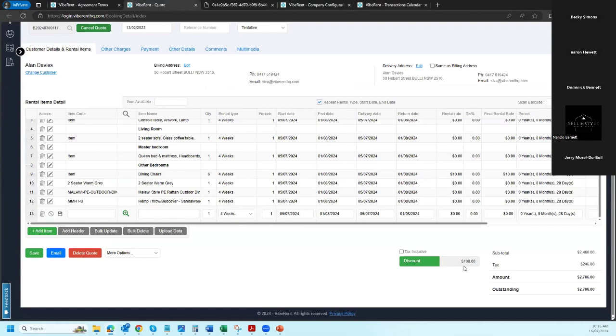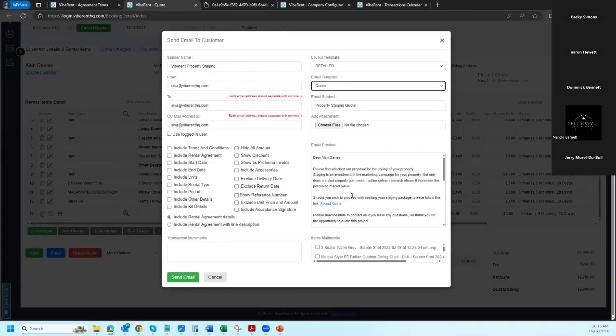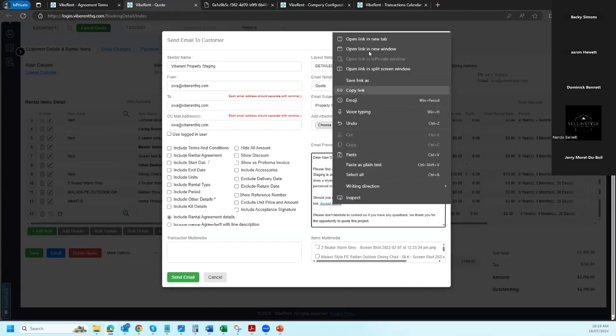So here we have $100 discount on this quote. And now if we go into email the quote and go to quote acceptance screen,